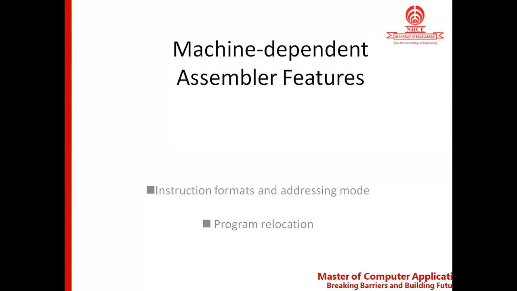We were discussing the assembler in the previous sessions. What is the assembler? What is the role of the assembler? And what are the different functions of the assembler we have discussed? The main function of the assembler is to create the object program. While creating the object program, it does two passes. It performs two passes because of the forward references. Due to the forward references, we have to have two passes in the assembler. That's what we call the two pass assembler. So in pass 1 and pass 2, we have seen the two algorithms.